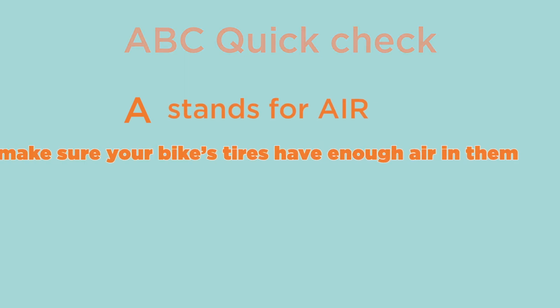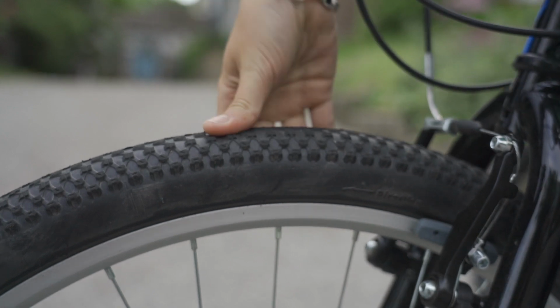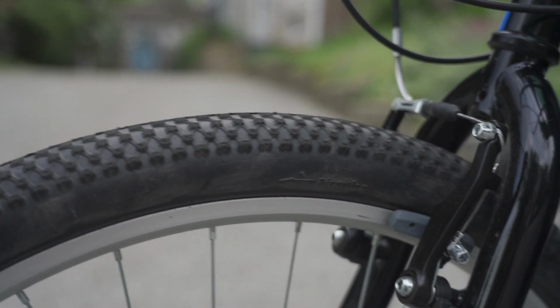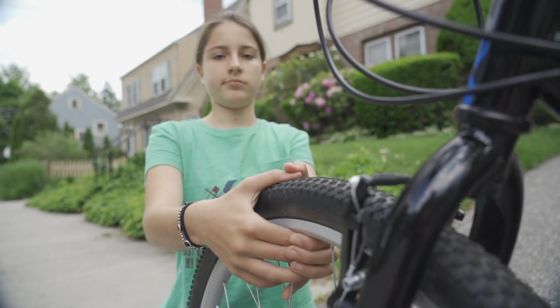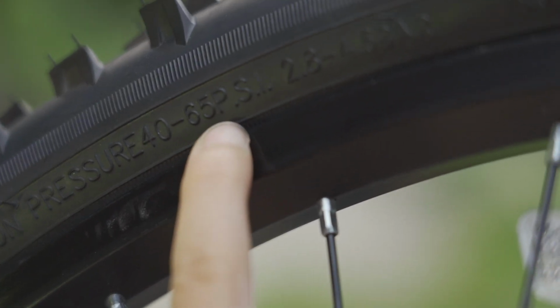A stands for air. Make sure your bike tires have enough air in them. Your tires should be firm enough so that when you push down on it with your thumb, the tire does not feel squishy. If you can push the tire down, then you probably need some air. If you look on the side of the tire, you will find a marking that says how much air should